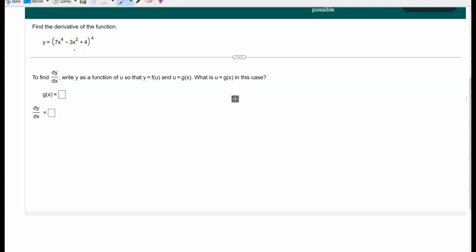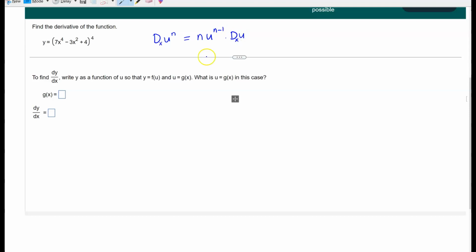If you recall, we have a formula for the derivative of u to the n, the power rule. If we differentiate u to the n with respect to x, the derivative is n u to the n minus 1 times the derivative of u with respect